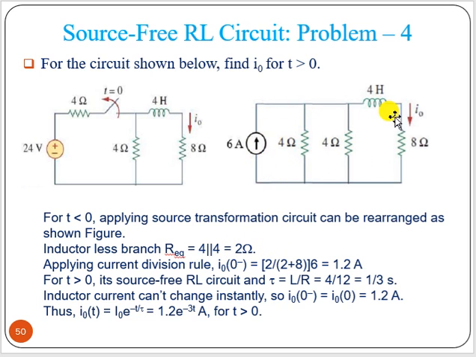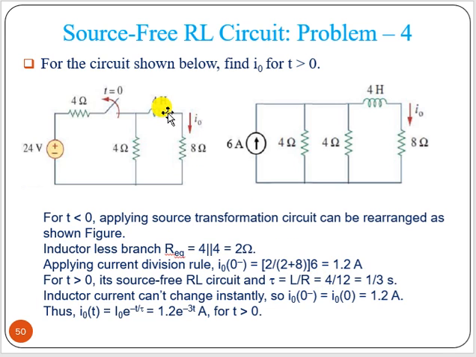Okay. Then what is the current flowing, that is the 6 ampere, and this inductor is short circuited, so the current flowing is that 6 ampere into the other branch resistance, means 2 divided by the total branch resistance 2 plus 8. This is short circuited, so we got the value of I0 minus. Okay. So you can find out tau is L by R. Okay. So when this is open circuited, the total R is nothing but in series, so it is 12.